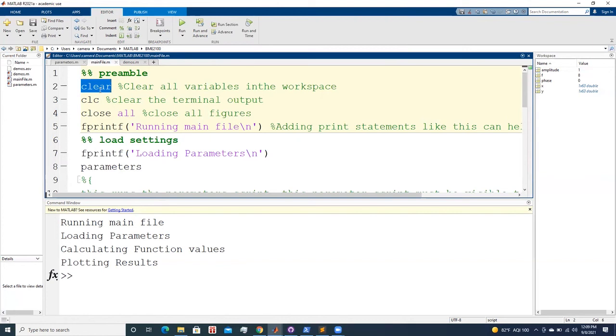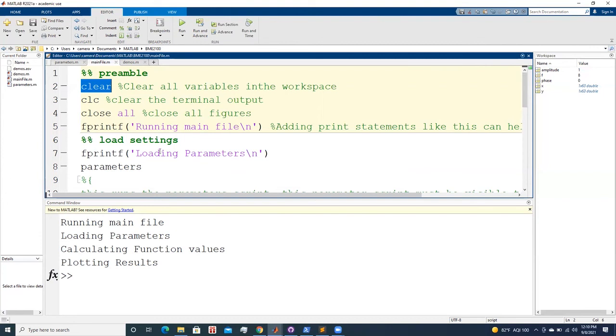Okay. So this structure of having a parameter script and a main script is what you're going to do both in your minor project next week and in your major project, towards the end of the semester. Okay, you're going to be having a whole set of values, and then you're going to be pulling in those values and then applying them. So if you get any kind of errors, like for example,